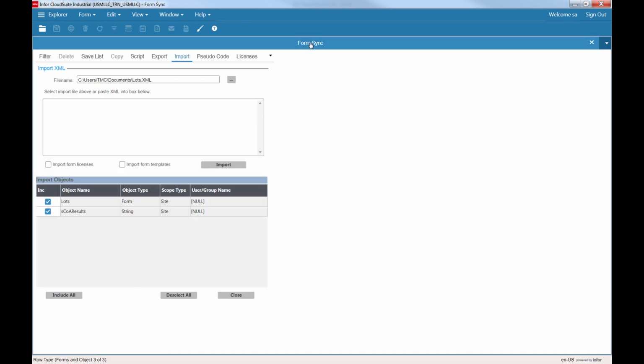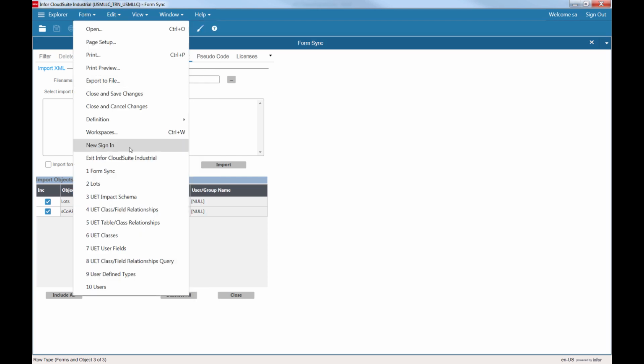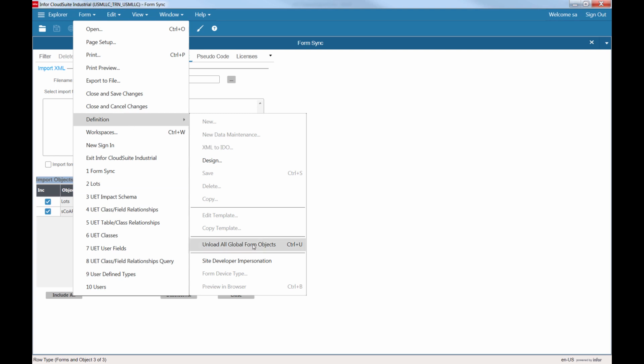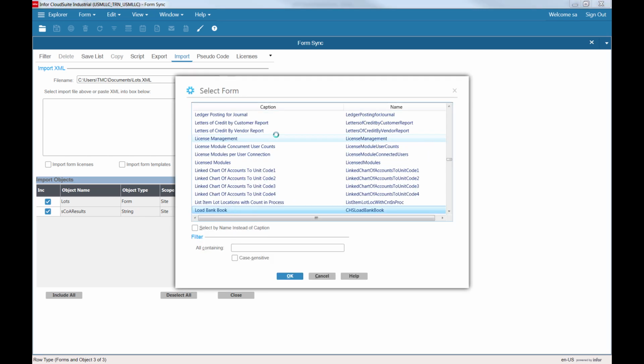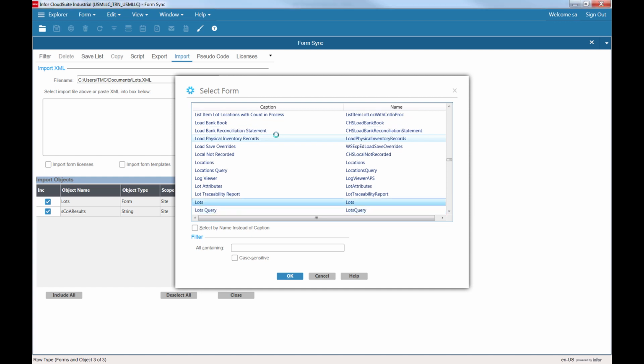If I go here and close that out, again, one thing I'm going to do is unload my cache, which is either through this menu option, or I always just remember whenever I make a change, I do Control U. So Control U, you'll see that little spinner happen for a second. My forms are dumped. I will go here and open my lots form, and